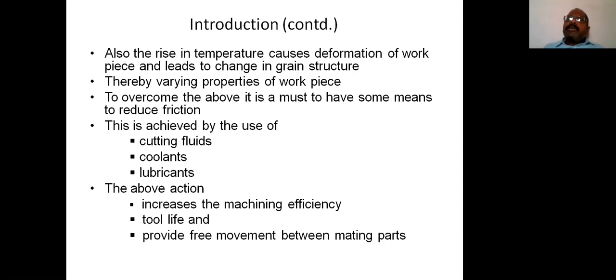In the next class we will discuss in detail how the cutting fluids are applied, how the coolants function, and how lubricants increase the efficiency or working of the components. In each class we will discuss one. I think cutting fluids may be completed in one class, and coolants may require one class. Likewise, lubricants may also require one class. In the next three classes we may complete this chapter. This is just the introduction. Don't think that this is a very small and simple topic. This topic is very, very important in all machining concepts.